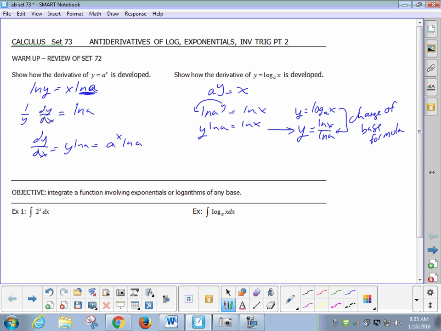If you didn't like log base a, you could change it to natural log, which for a lot of calculus reasons we would want to do, by rewriting it as natural log of x over natural log of whatever the base is. Okay? That said, you could take the derivative here or there. Either way, y prime, or dy/dx, is 1 over x natural log of a. Does that look familiar? Yes? Okay, so